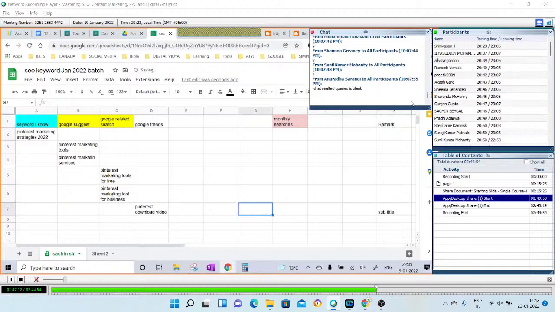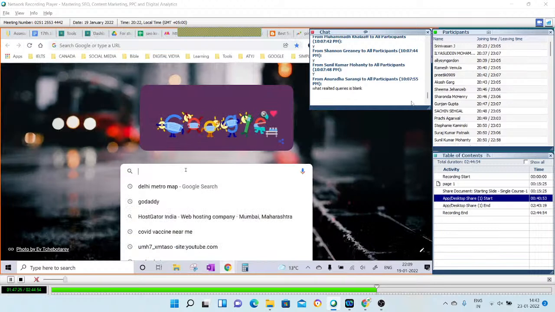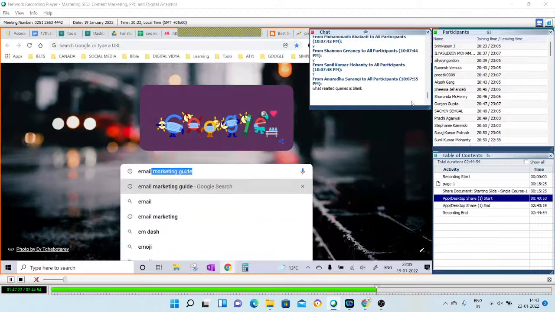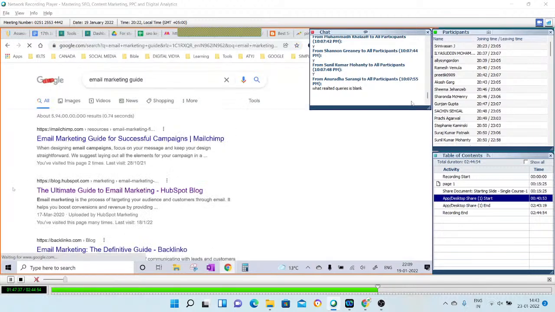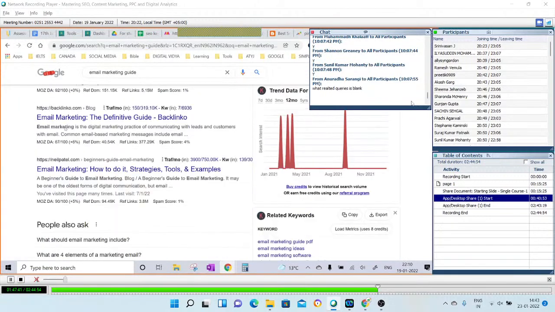Now, what does this mean? Why am I not using it for the main title? Because it's a very small segment of the whole content. Why is this important? You'll get a very good idea from this example, why the number of keywords is important. So when I go and write email marketing guide, okay, just like PPC, put this one. And I'm going to open this first and I'll take two examples.